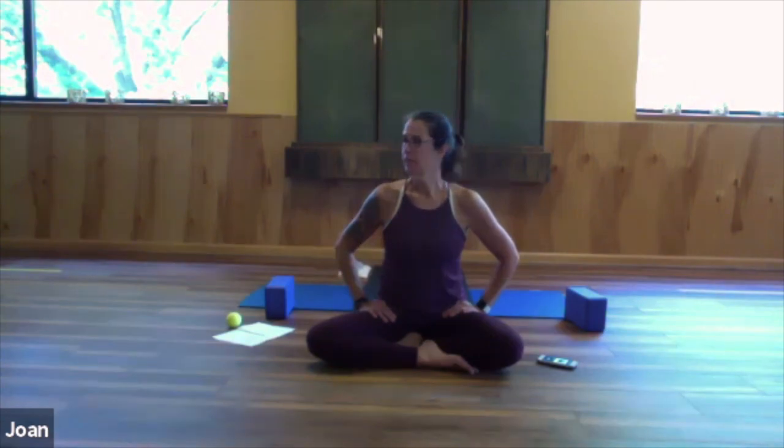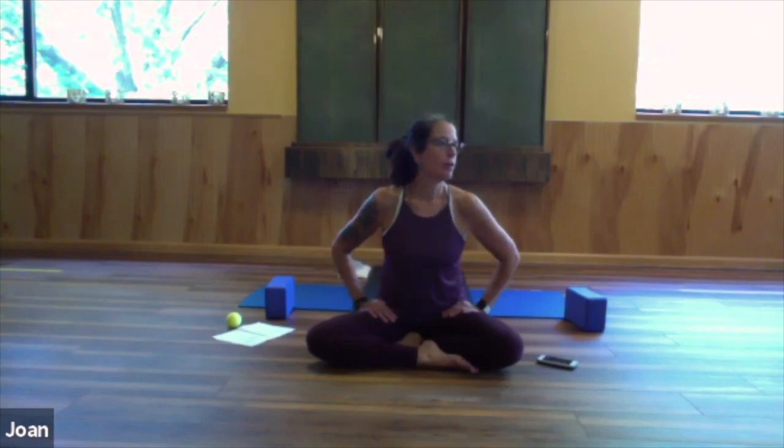Slowly bringing some movement back into your body. We'll come into one of the movements that we did at the beginning of our practice, just to kind of check in with the body. If you prefer to stay still, you're more than welcome. If you're ready to move,